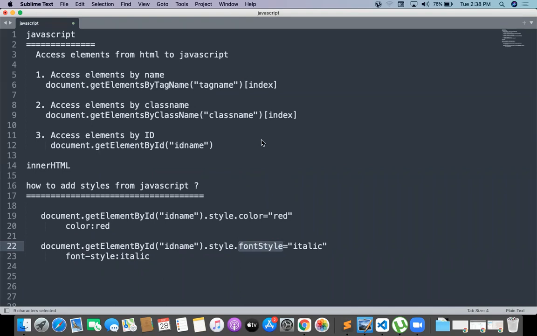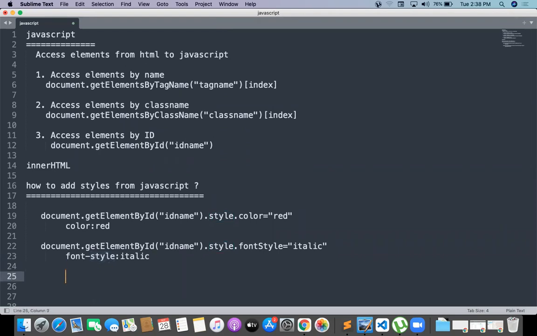So I got my camel case here: font hyphen style converted to fontStyle with capital letter S. Everybody understanding? Please let me know. Whenever you want to add styles, the style will definitely be added, but whenever you find a hyphen in your CSS property, there you need to go with camel case letters.